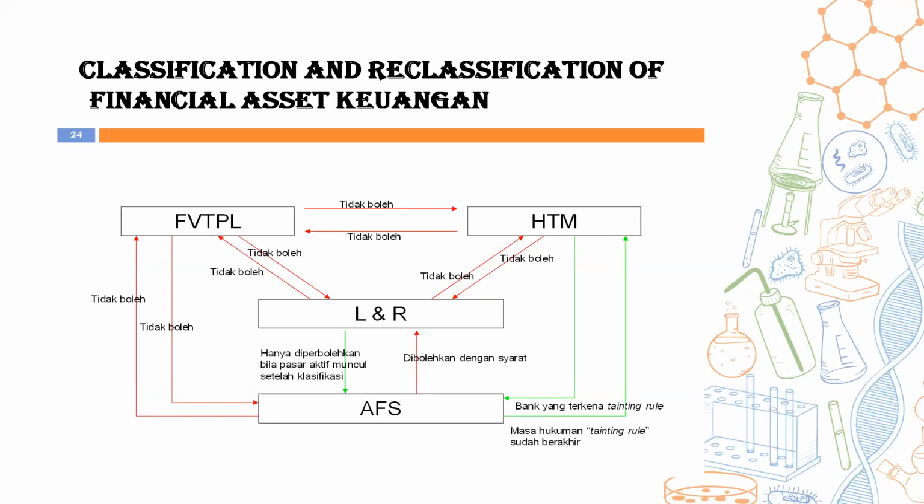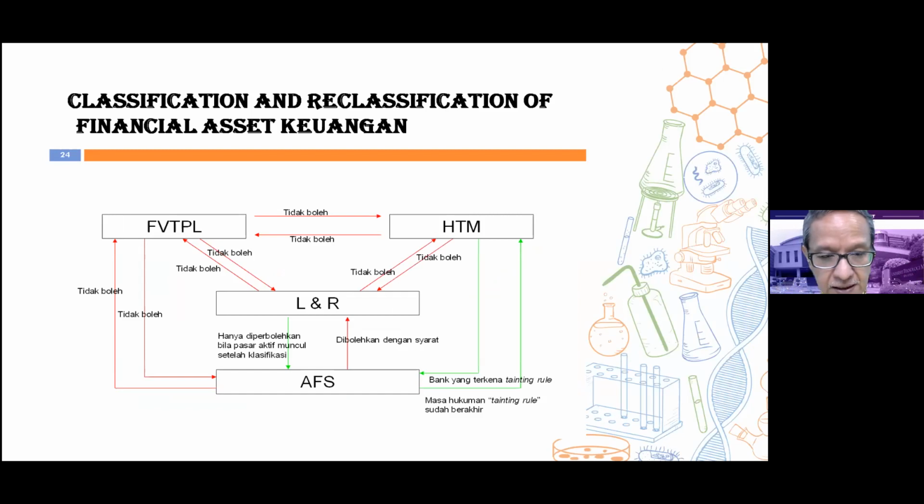Then they had a compromise among stakeholders during the determination of the financial accounting standard, so that the financial asset was divided into three: held to maturity, marketable securities, and available for sale. And for moving from one category into another category, it is really